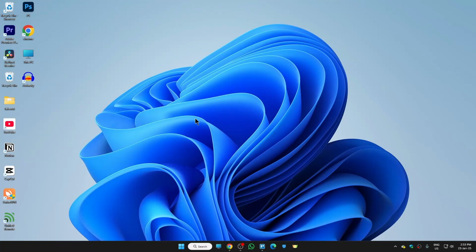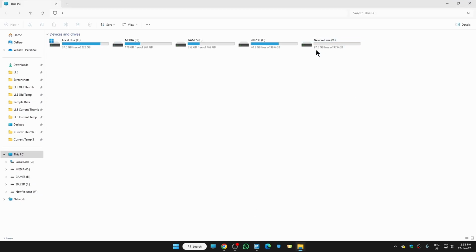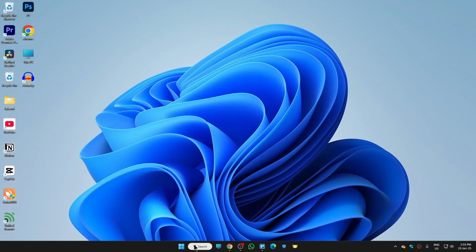Hi guys, in this video I'm gonna show you how to merge disk partition in Windows 11. So if I open my file explorer, you will see I have this drive which I want to merge with this F drive. So in order to do that, firstly close the file explorer and here we need to type